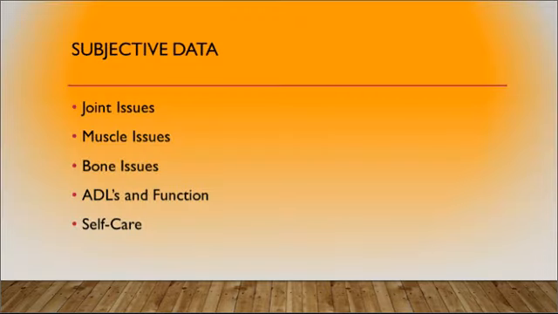Subjective data. Your joints, joint issues, any problems with your joint? Do you have pain? Which joint is it in? How long has it been there? Is it on one side, both sides? The quality, how does the pain feel? Is it aching, stiff, sharp, dull, shooting, severity? How long has it been there? Does it limit you? Your muscles, you're asking about muscle pain, muscle strength, weakness, atrophy, injuries to them, bone issues,